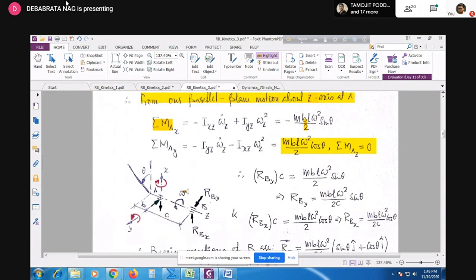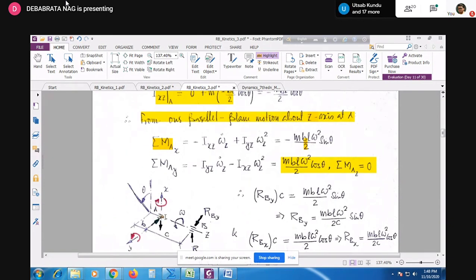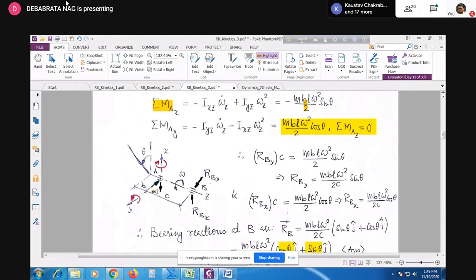ওকে, নাও এবারে আমরা কি করব, I just apply it blindly, আমি কি করব এখন A পয়েন্টের অ্যাবাউটে অয়লার ইকুয়েশন অ্যাপ্লাই করে দেব, কারণ this point is a fixed point about which this rod can be assumed to rotate, তাই না? তাহলে আমার কি দাঁড়াচ্ছে, A পয়েন্টের অ্যাবাউটে যদি আমি মোমেন্ট ইকুয়েশন লিখি x অ্যাক্সিস এর অ্যাবাউটে, so I need to see that positive moment, কারণ এটাকে আমি পজিটিভই ধরছি, don't consider this minus sign, আমি summation Mx মানে আমি পজিটিভ মোমেন্ট দিচ্ছি, তাহলে পজিটিভ মোমেন্ট এই x অ্যাক্সিস এর অ্যাবাউটে এই দিকে এই মোমেন্টটা তৈরি হবে তখনই যখন RBY এরকম থাকবে, because that RBY, rather C cross RBY will give you the moment in this direction, তাই না? তাহলে দেখো আমরা কি পেলাম, C into RBY, this is the external moment on the system about the x axis, C into RBY,